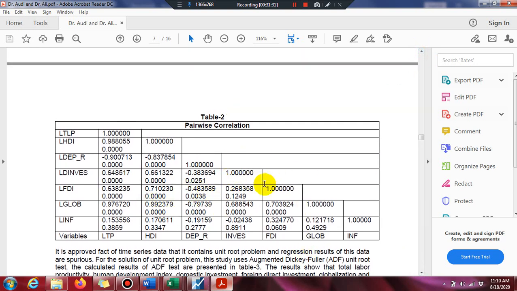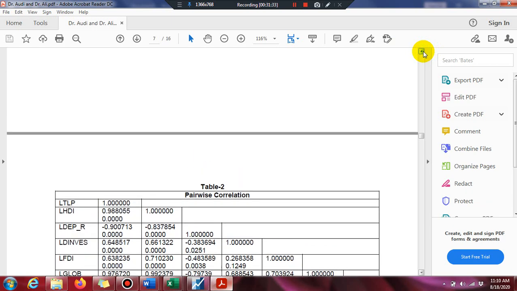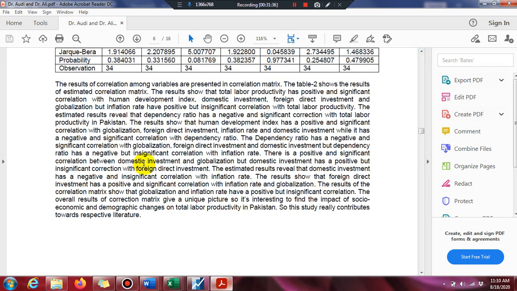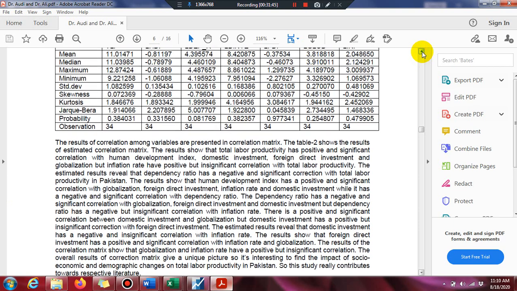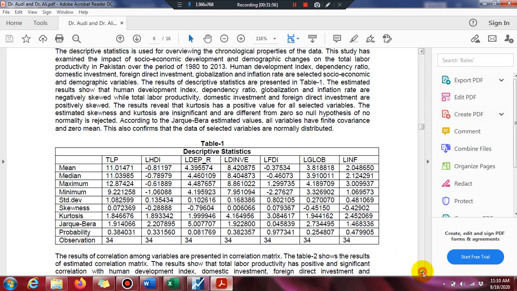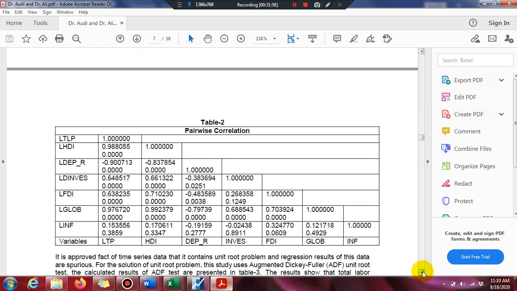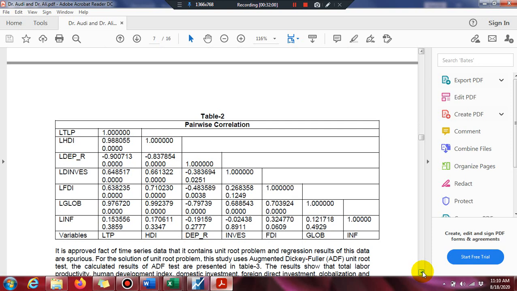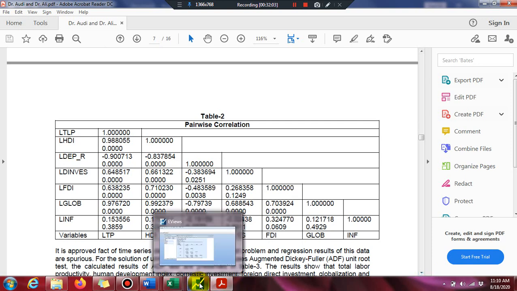So this is the interpretation of this table, and it is given here. In the video you can stop it and read the whole interpretation of this part, the interpretation of the descriptive stats and the correlation matrix, or pairwise correlation between variables.